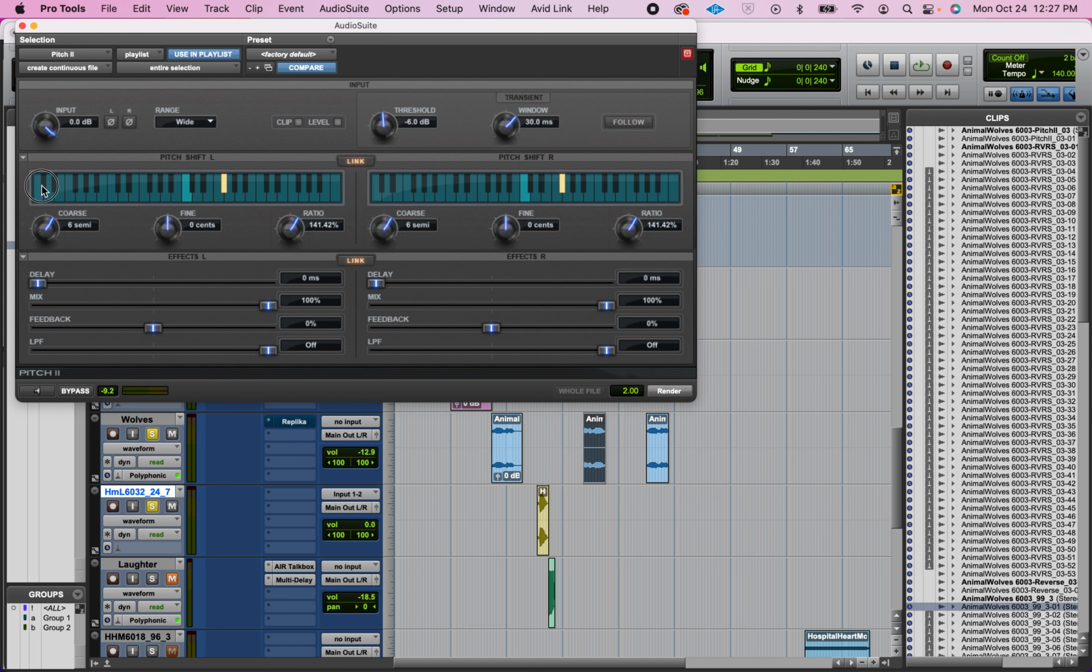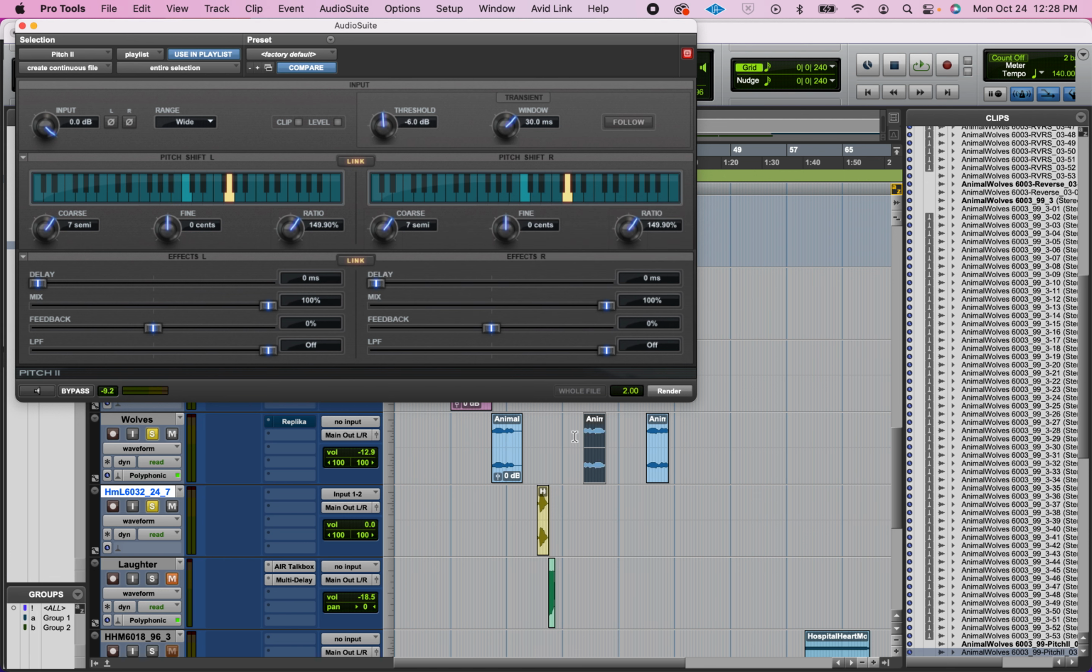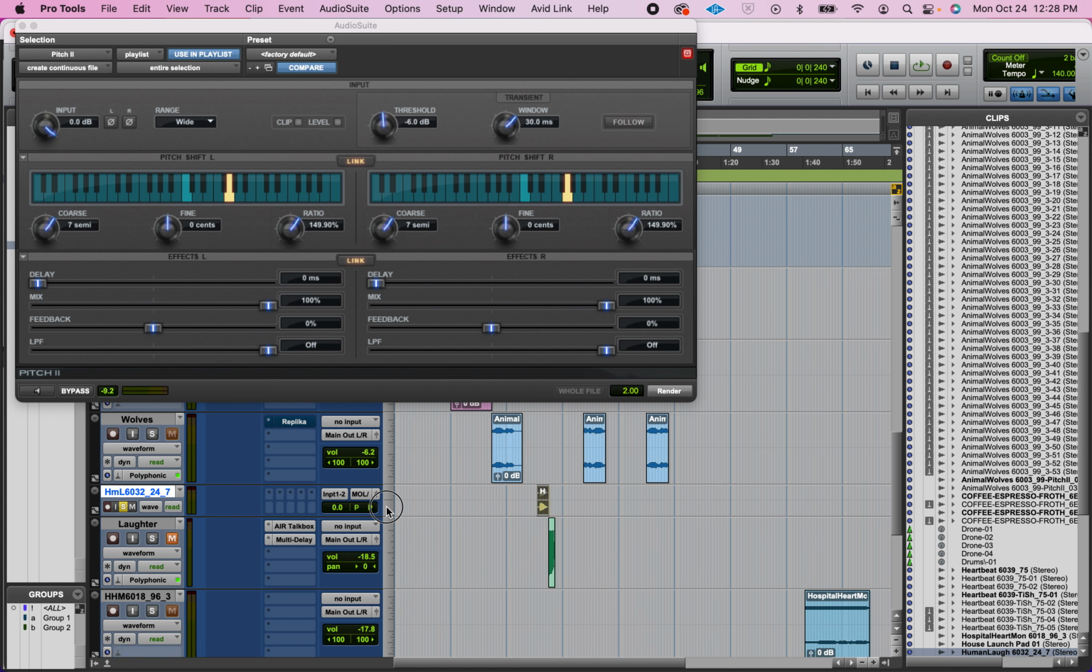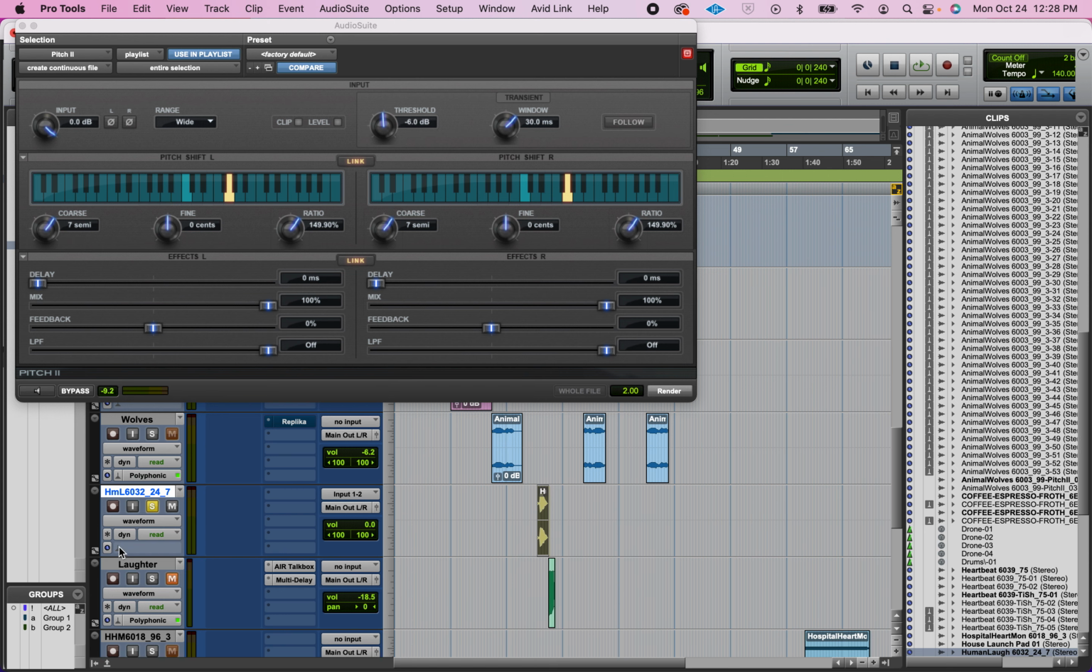Let's go up. Let's see how that sounds. There you go, little baby. Render. All right, the other thing that I can do, let's do this to this laugh, is I can come into this area here. If it's too small, you need to make it at least medium. And you can see this little